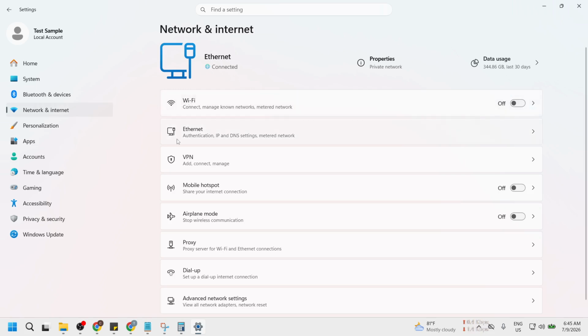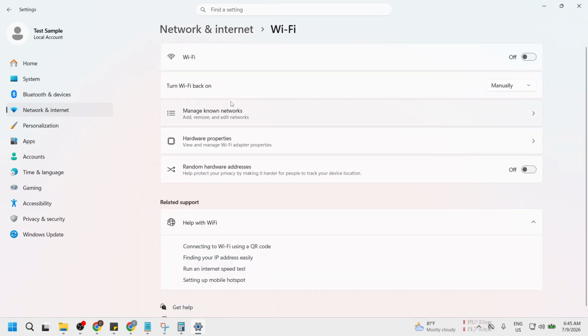From there, you will need to click on either Wi-Fi or Ethernet. Your choice will depend on how you connect to the internet. If you are using a wireless connection, select Wi-Fi. If you are connected via cable, choose Ethernet. This selection allows you to focus on the specific network you wish to configure, ensuring that you're making changes to the right connection. Now click on your Connected Network's Properties block at the top.